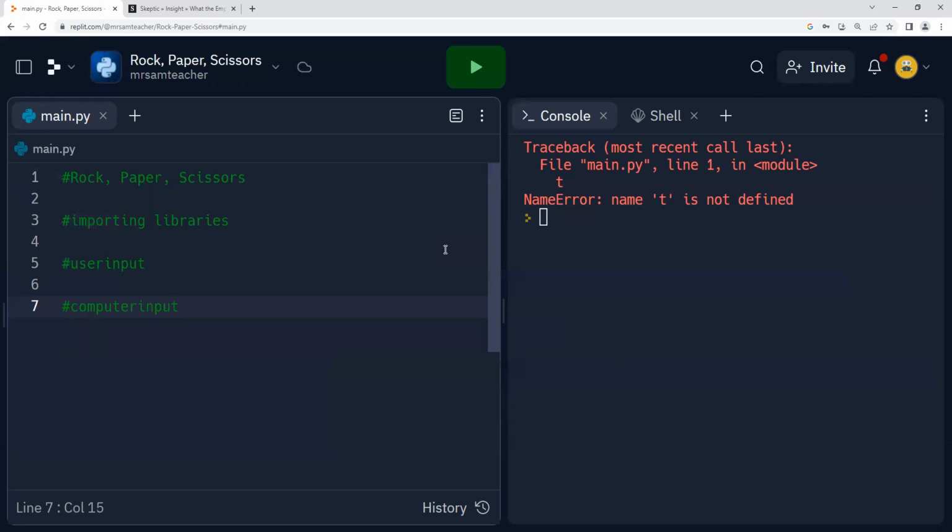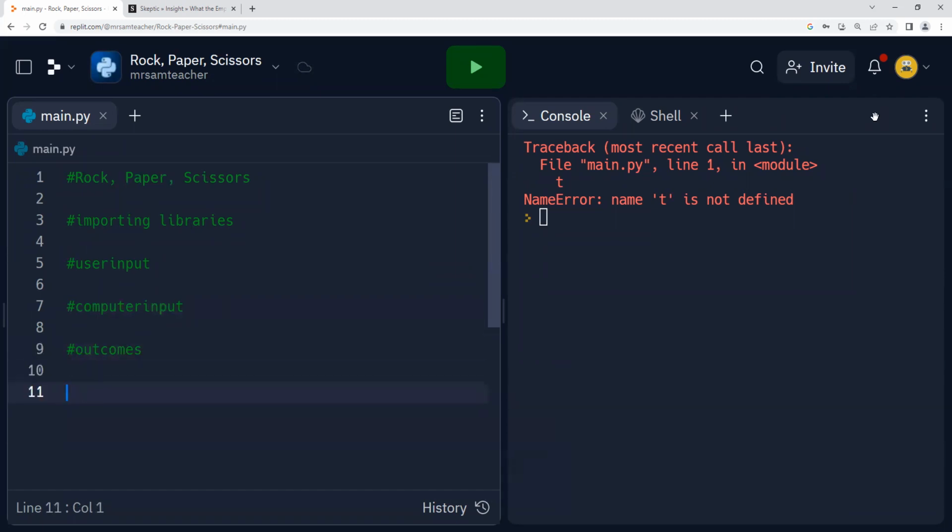So the whole point of the game, as you can probably tell by these comments, is that we're going to have a user run our program and play against the computer. We're going to make sure that the computer can choose rock, paper, or scissors to play against the user using your program. Then after that, we're going to go a little bit to outcomes. So again, what is the result of you playing the computer against rock, paper, scissors?